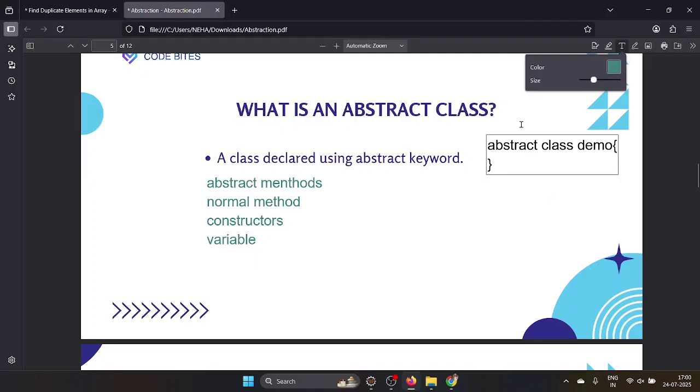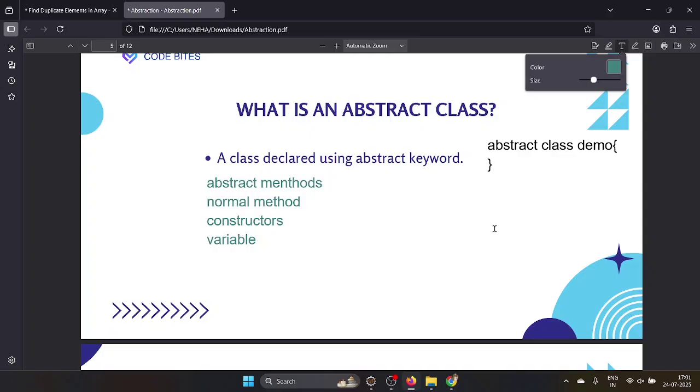And the second rule is, you cannot create an object of the abstract class because it is an incomplete one. We are just giving a blueprint. We are just writing the abstract method. In the abstract method, we do not have a body. Abstract methods means it just has a method signature, that's it. There is no body inside that one. We call it an abstract method.